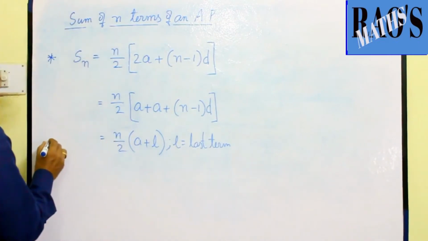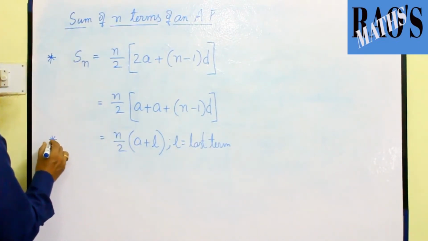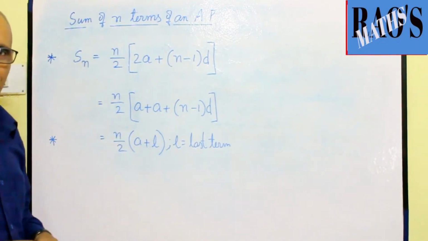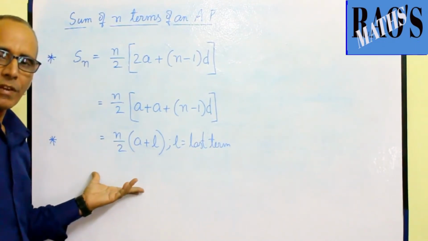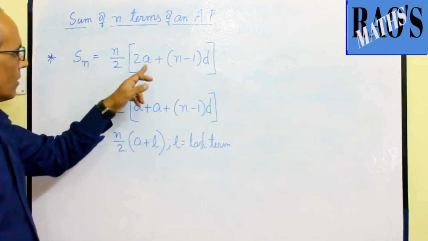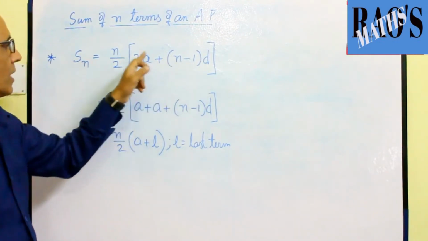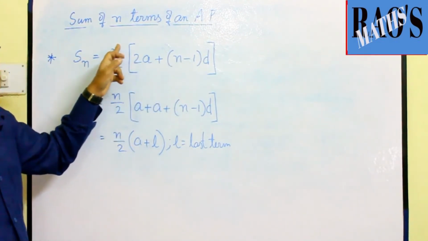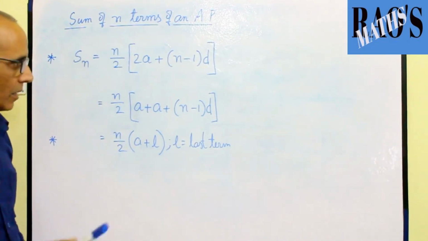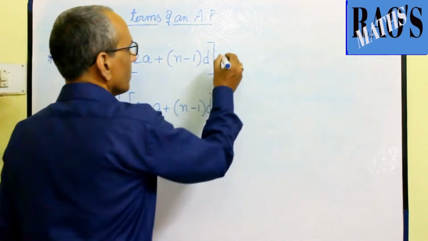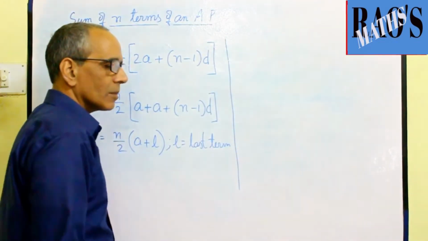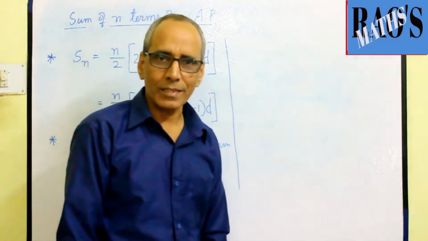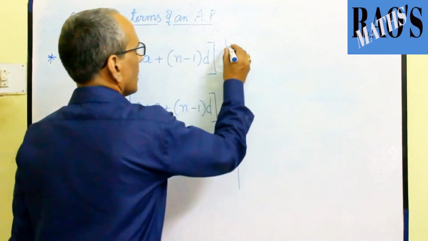So we have two formulae to find the sum of terms of AP. If we have the first and last term, this is the way we find. If we have the first term, common difference and number of terms, this is the way. Let's solve one simple question here. And the derivation of formulas is not material for you. They don't question this.